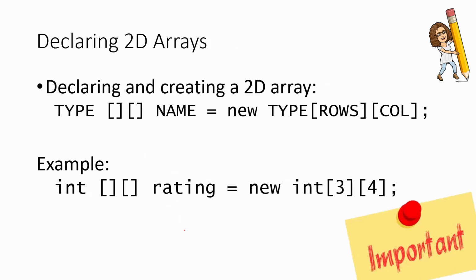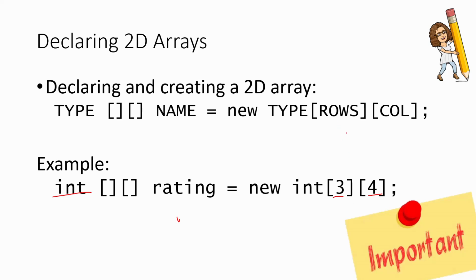Now to declare a two-dimensional array. Declaring a two-dimensional array looks like the following. You're going to say what type of information you're putting in the two-dimensional array. You're going to put double brackets. That's how you're showing that it's a two-dimensional array. You're going to put the name that you want to call the two-dimensional array, equals new, insert the type again, and then bracket how many rows do you want, bracket how many columns do you want. So my example here, I am making a two-dimensional array that's going to have int values in it, so numbers without decimals. I'm going to name it rating, and it's going to have 3